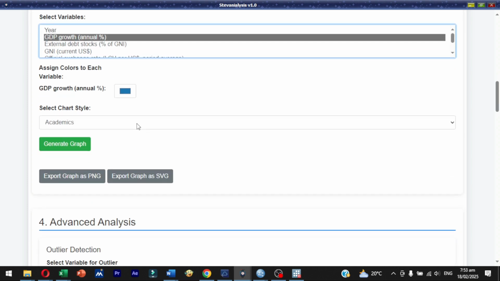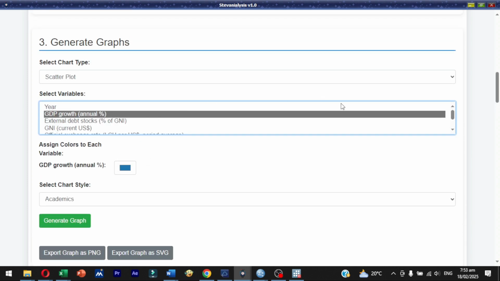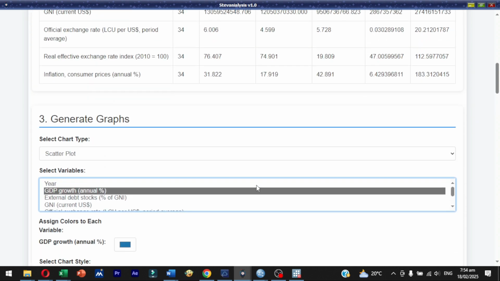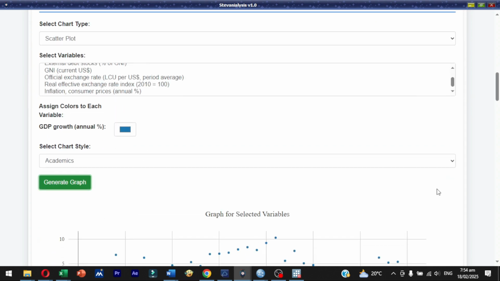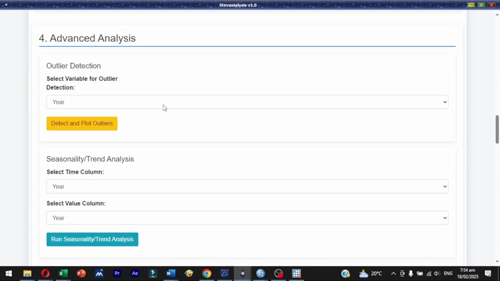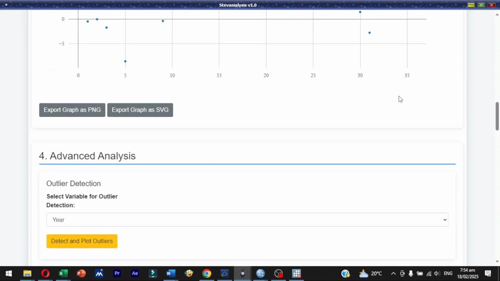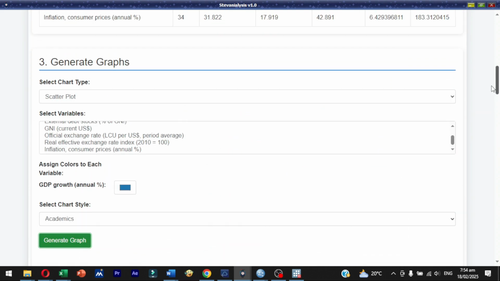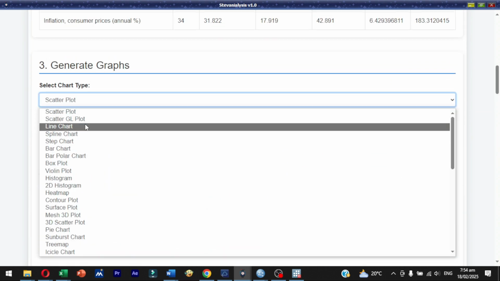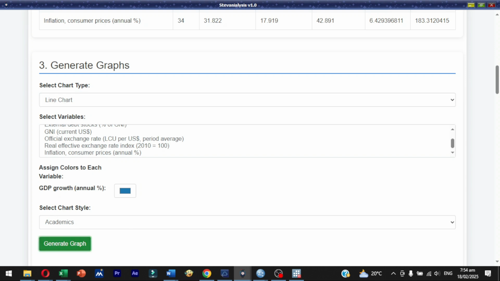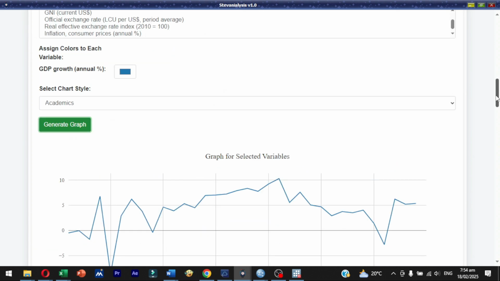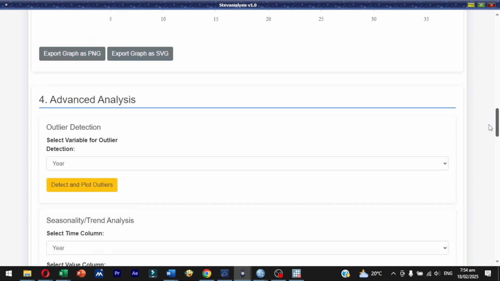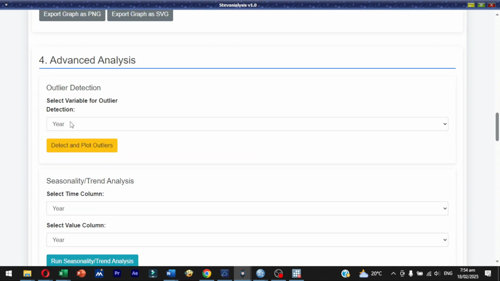You can also do some graphing just to show how the data is moving. So basically you can see that this data has been graphed. Let me change this to maybe line, so that we have a look at that. Okay, but what is important in this tool is